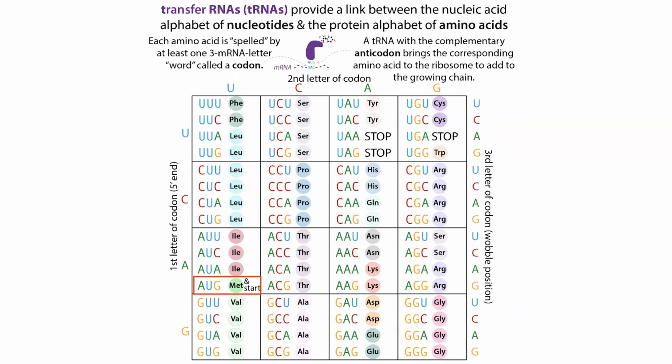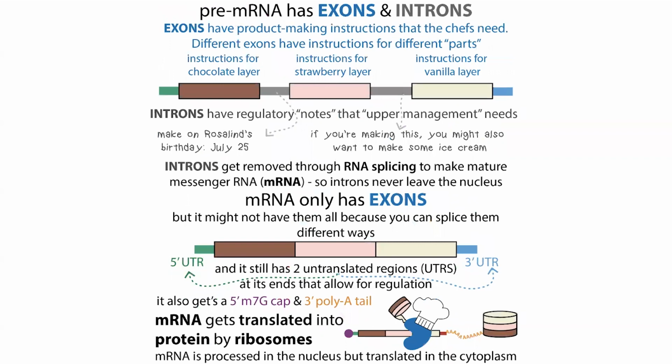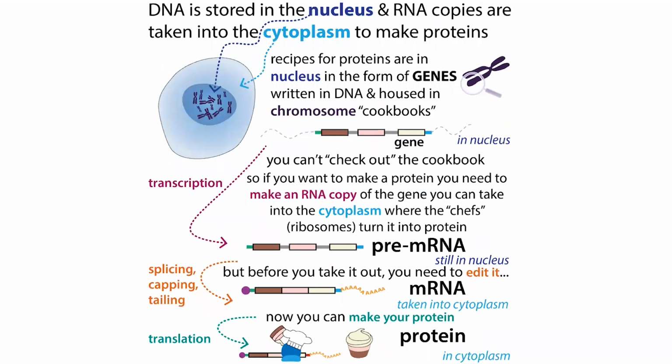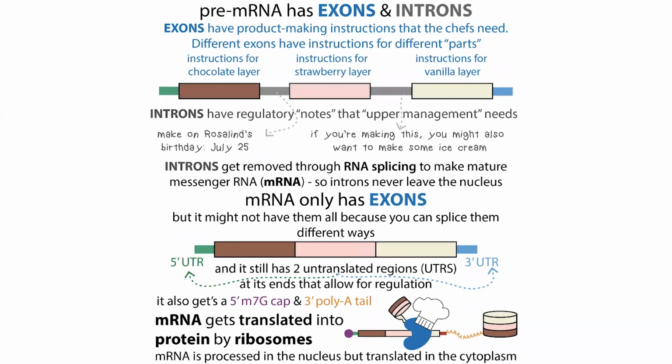And so how does the ribosome know where to start? It gets signals from the part of the messenger RNA that's not part of the codon coding region, the part upstream, before the actual start codon. So messenger RNA, this mRNA, is basically an edited version of the gene. Part of the editing involves removing regulatory information, like these intron regions that are in between or interrupting the exons,